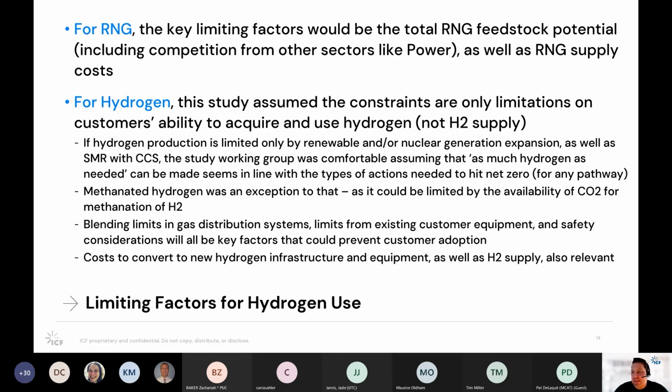The exception to that is methanated hydrogen, and we'll talk about it a bit more in a second. But there we suggested that the amount of methanated hydrogen could be limited by the availability of biogenic CO2 to actually methanate hydrogen, and so we applied some constraints based on that. And then in terms of other constraints on use, we already talked about how there are blending limits, and those are some of the key parameters that we are looking at in